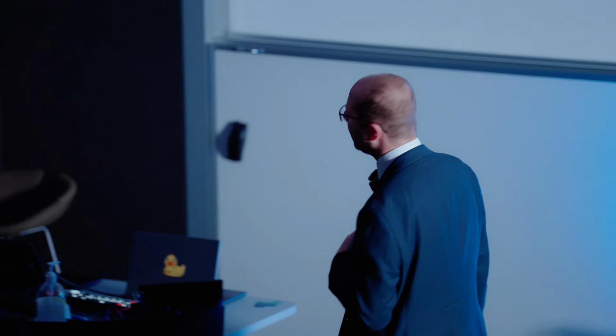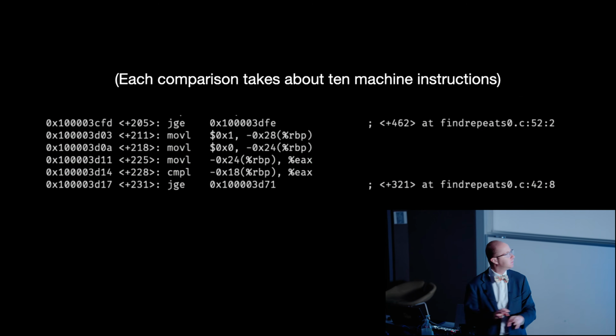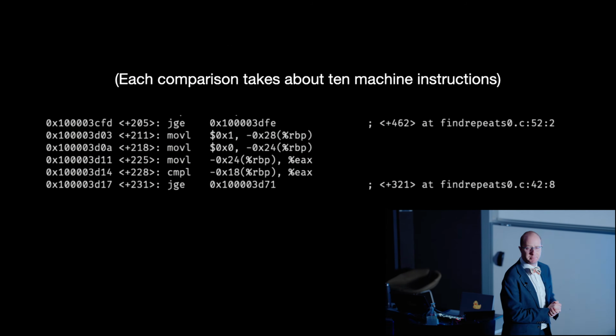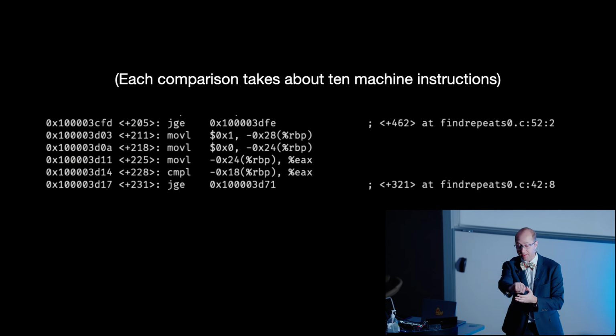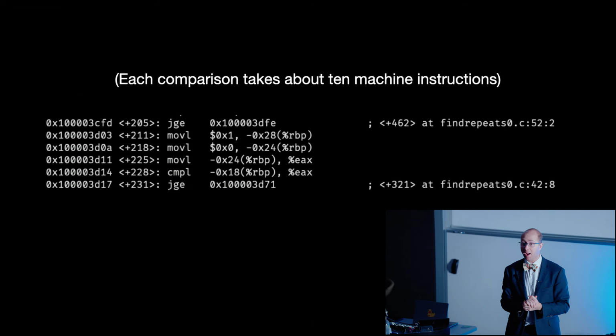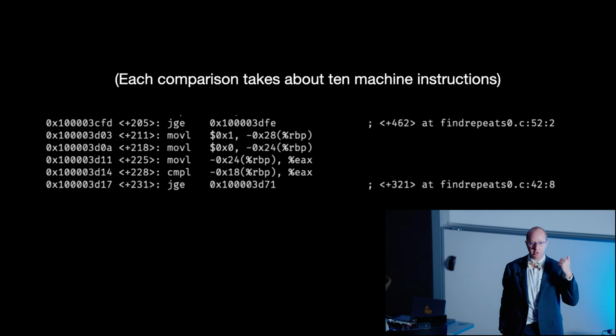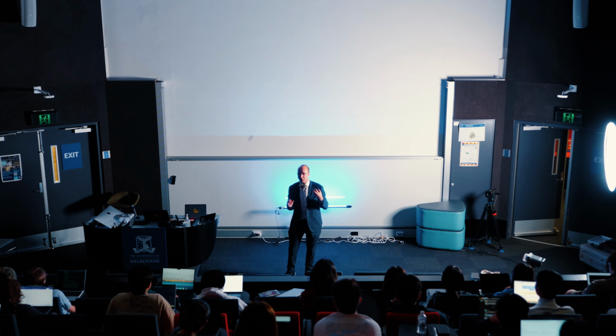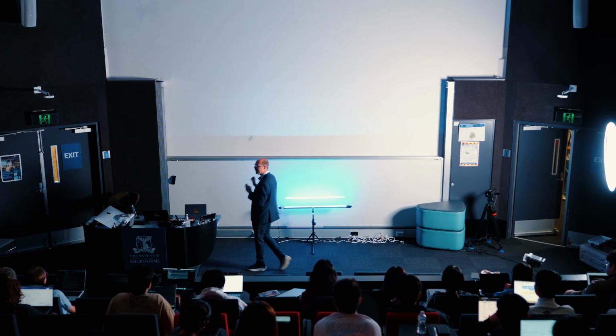So what I actually did is I went behind the scenes to figure out for the computer, how many steps does a character comparison actually take? How many steps are inside the loop? And when I looked deep in the machine code, I found roughly these 10 steps. And you can actually do this with any program. You can run a command on the computer and it will show you the instructions that the machine is running at a much lower level. This is called assembly language.